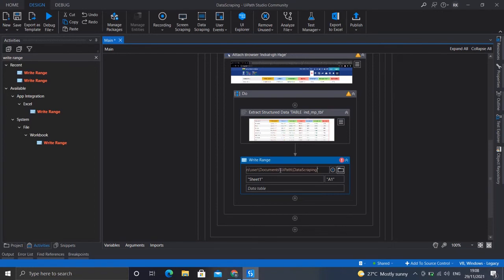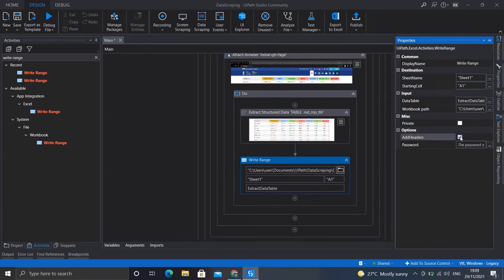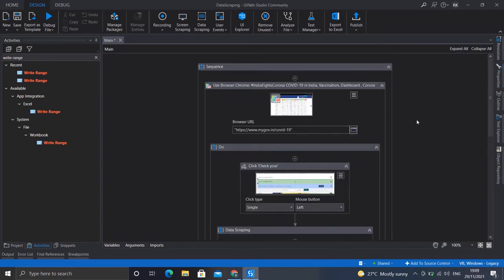For the data, I'll put it in an Excel file named COVID data.xlsx, and this is the sheet name, so let's leave it as Sheet1. The data table we just saw was named extract data table. Okay, that's done. One more thing, we need to check the write range property and check the add headers box so that all the headers of our table are also present there. This is pretty much the sequence which we need.